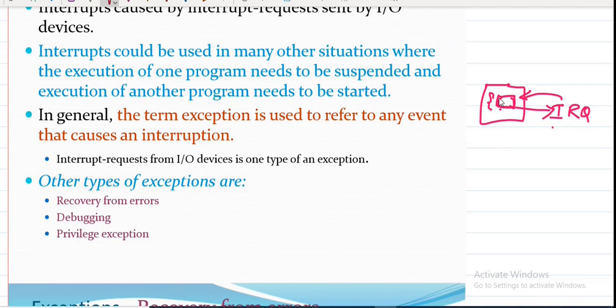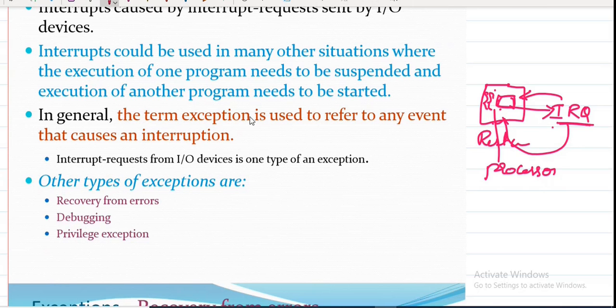That time is for storing the return address and also whatever was computed up to that particular time; it is going to save all those values into the stack. Because once it returns from the interrupt request, it has to continue. So for that reason, it requires storing the state of the current program, including the return address. Then it will perform the execution of the interrupt request, come back, and restore the state that was stored, and the processor is going to continue the execution of the program. This I already explained in interrupts.